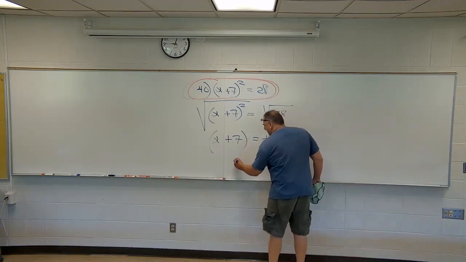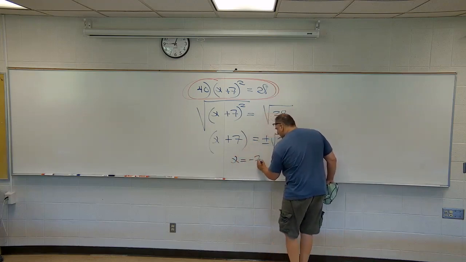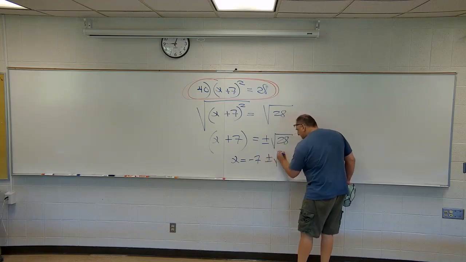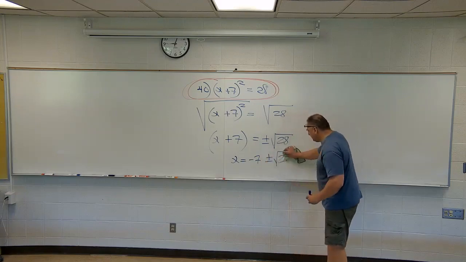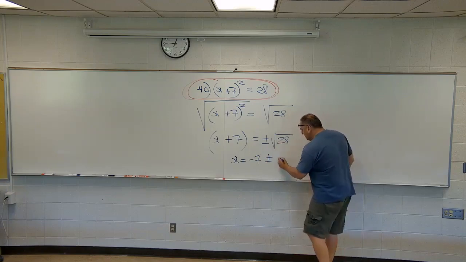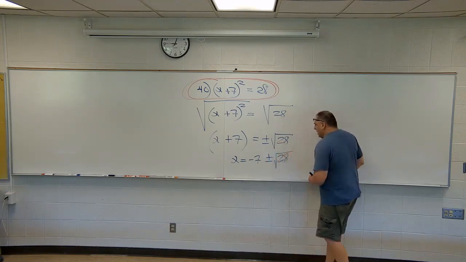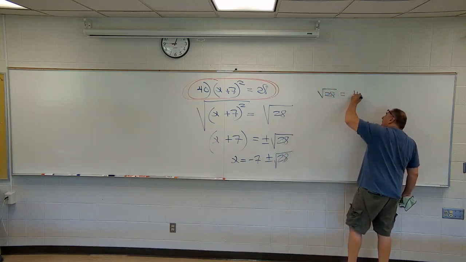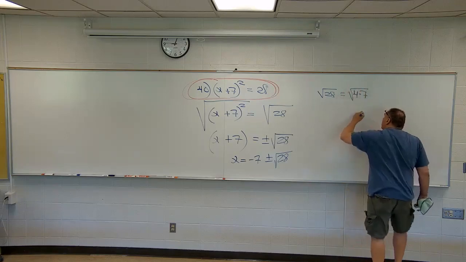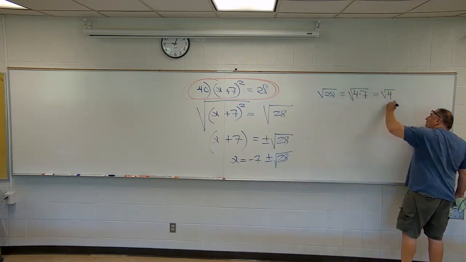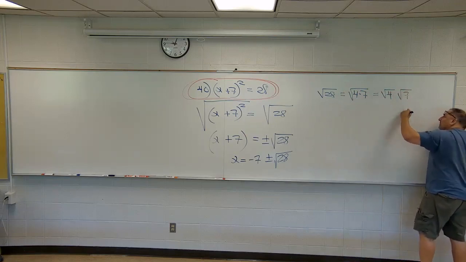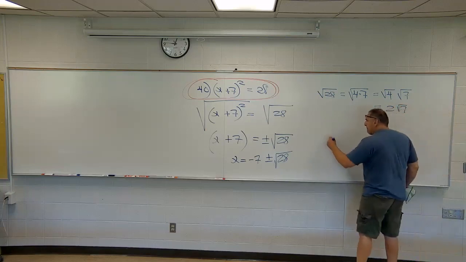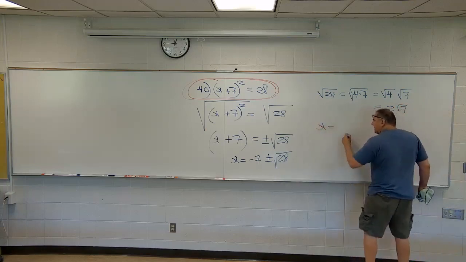What do you say we add a negative 7 on each side? Plus or minus. Plus or minus is just plus or minus. The square root of 28 is the square root of the product, 4 times 7. The square root of 4 times the square root of 7. The square root of 4 is 2. The square root of 7 is the square root of 7. X equals